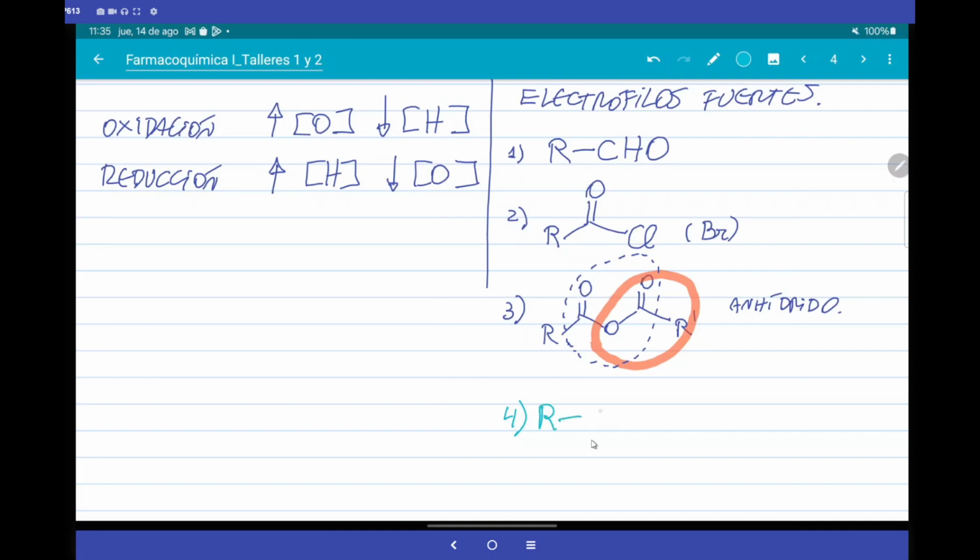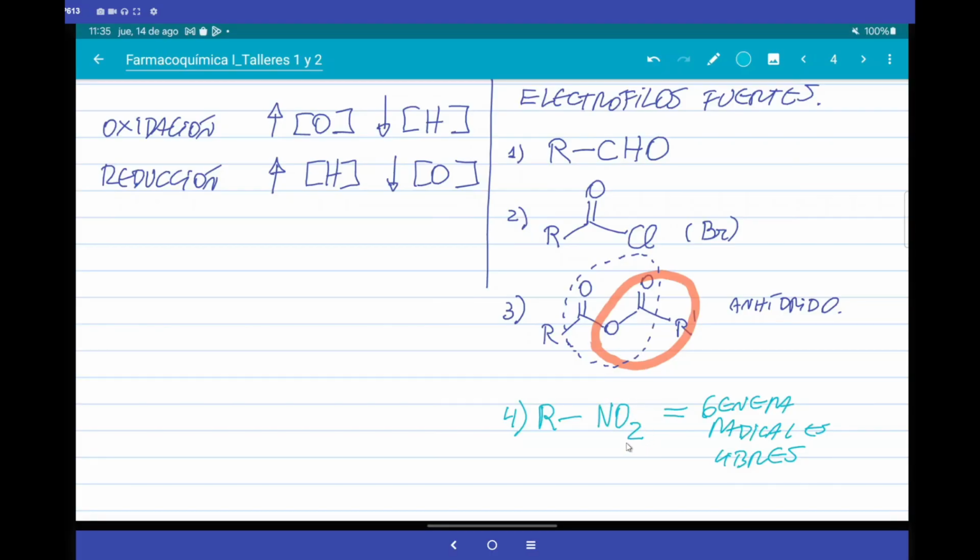It is the nitro group. The nitro group does not alkylate or acetylate a protein. The nitro group within the cells generates free radicals. When the cell, in the mitochondria, begins to metabolize the nitro group to make it more soluble, because all metabolism points to that, when there is a foreign exogenous molecule, the metabolism tries to make it more soluble so that it can be excreted. When that happens, free radicals are generated.